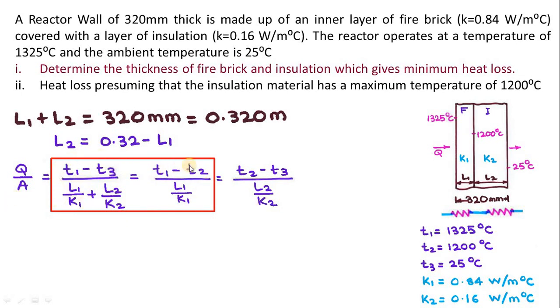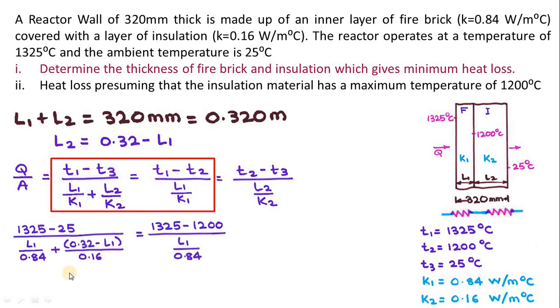Now consider this equation only. T1 minus T3, this one is equal to T1 minus T2, this one. If I consider this equation only and put all the values, for L1 I put L1 as it is, and for L2 I put 0.32 minus L1. Now if I solve this equation for the length L1, I will get the value of L1, which is